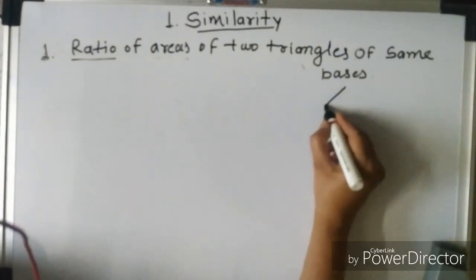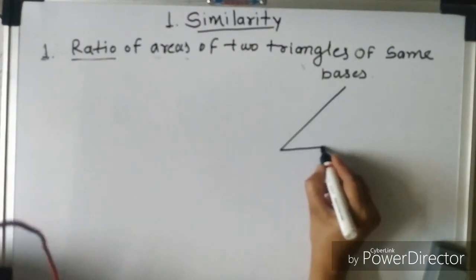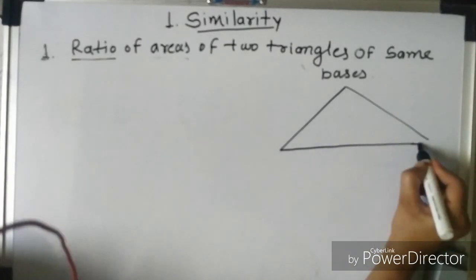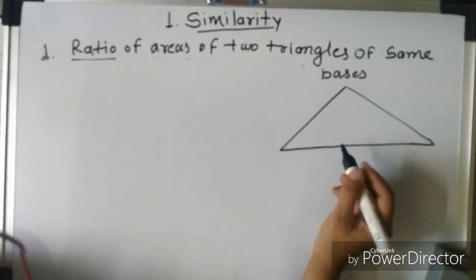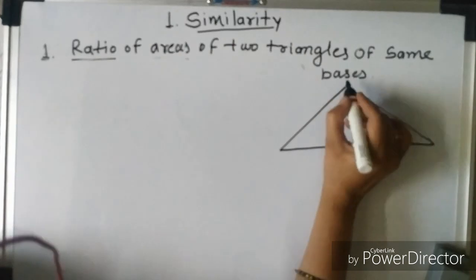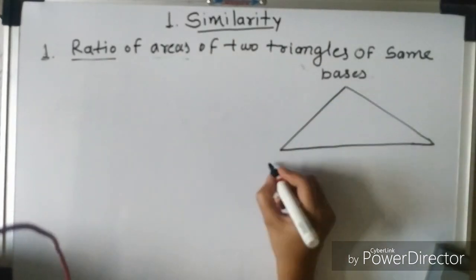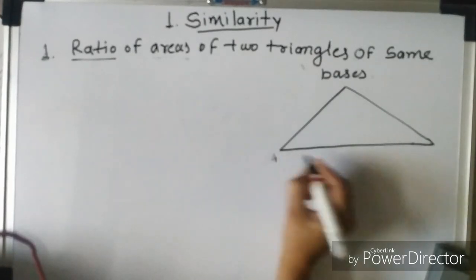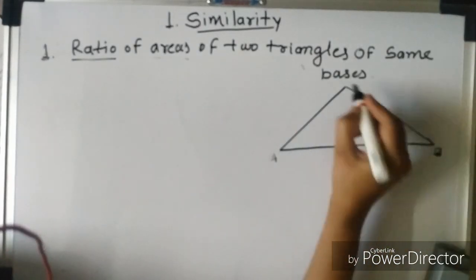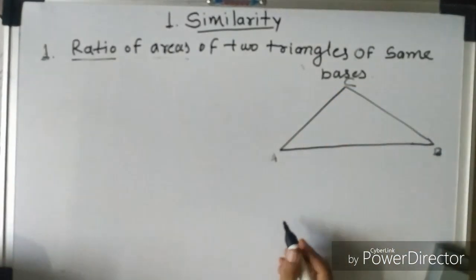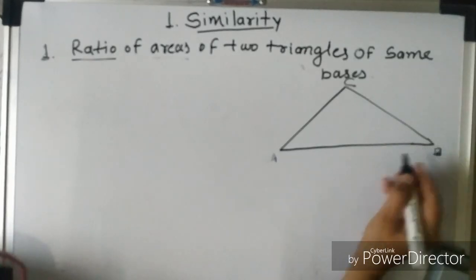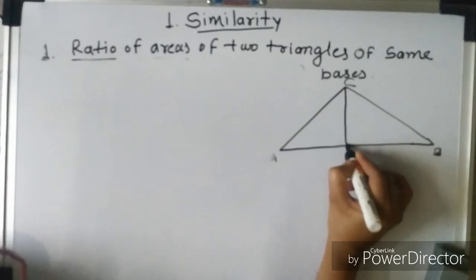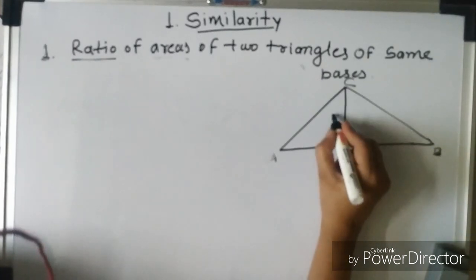Just draw the two triangles which have the same base but different heights. Here the first triangle ABC of base B1 and height H1,